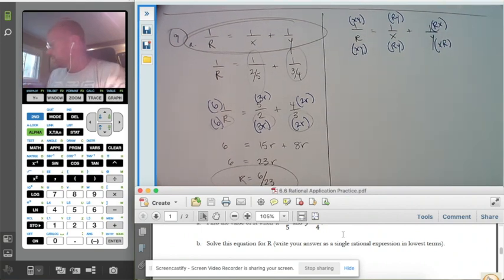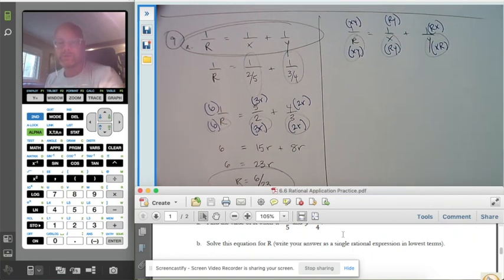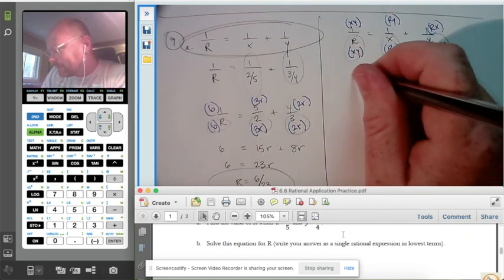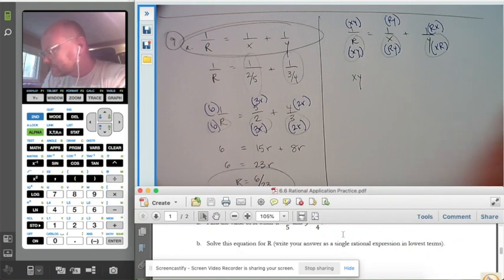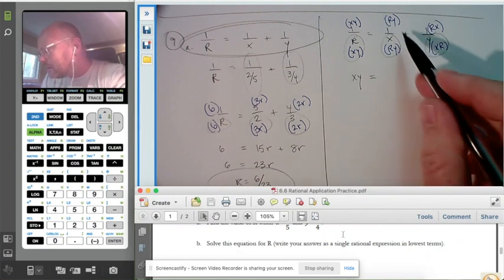So now I've got this. Now I've got a common denominator. Is it clear that in each one of these fractions I have an r, an x, and a y? rxy, rxy, rxy. If the denominators are all the same, you can multiply through in one step by rxy, and all those fractions cancel out, and you're just left with the numerators. What are the numerators? Well, xy has to equal ry